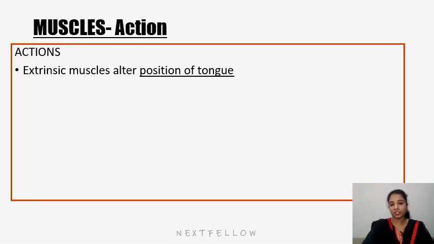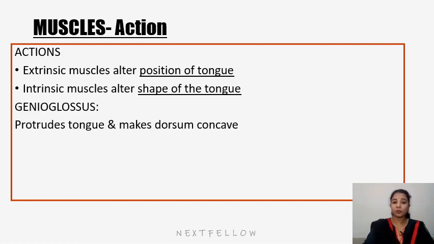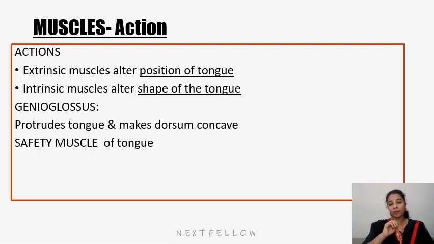So let's see the actions again. The extrinsic muscles, I said they alter the position of the tongue. Intrinsic muscles alter the shape of the tongue. Genioglossus protrudes the tongue and makes the dorsum concave. Its main action is protrusion. It also makes the dorsum of the tongue concave, and it is also considered the safety muscle of the tongue,